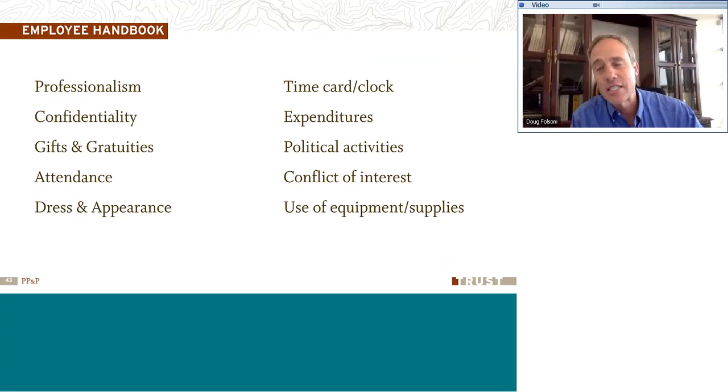So professionalism. Lots of times we need to identify for our employees, similar to that code of conduct, what is required of you as a professional, and that could be something that we're going to spell out in our policy as well. Confidentiality requirements. People, especially in certain positions, may have very specific requirements as far as what they keep confidential or not. And it may be things that all employees may be aware of, and there needs to be some level of confidentiality that they are responsible for. So making sure that you've spelled out for them what is expected when it comes to confidentiality is very important.